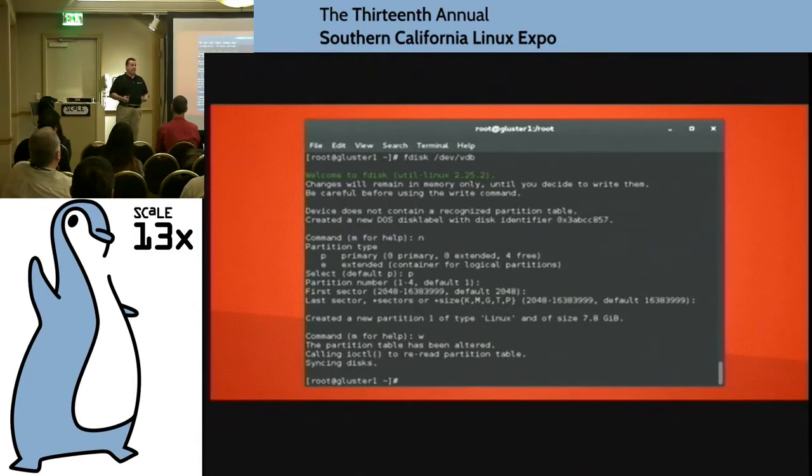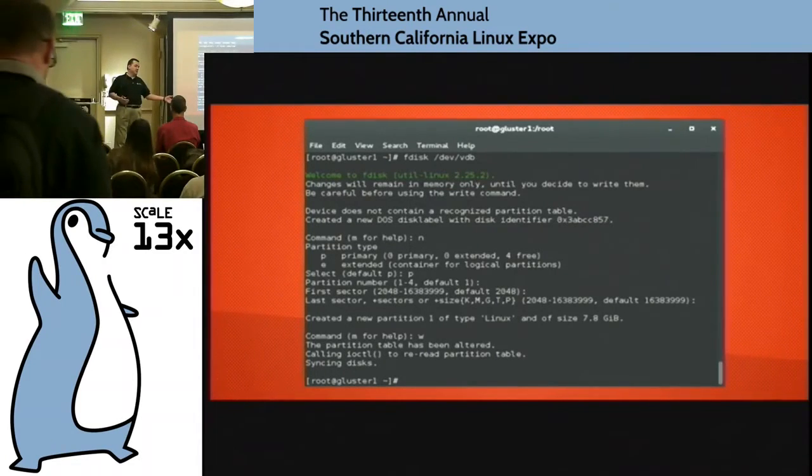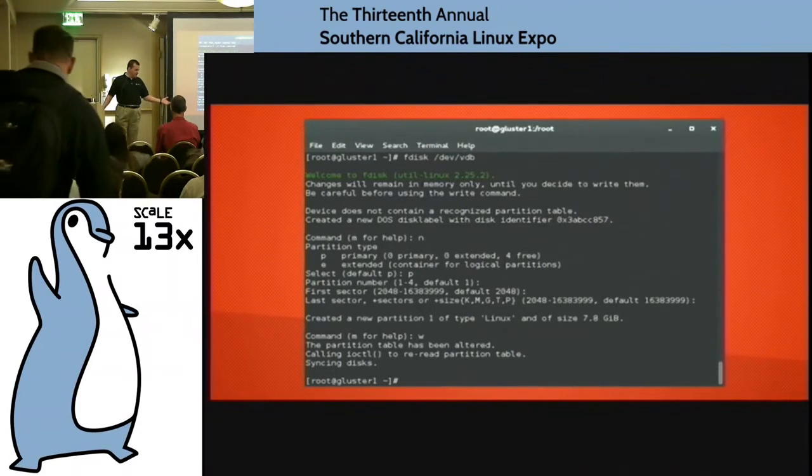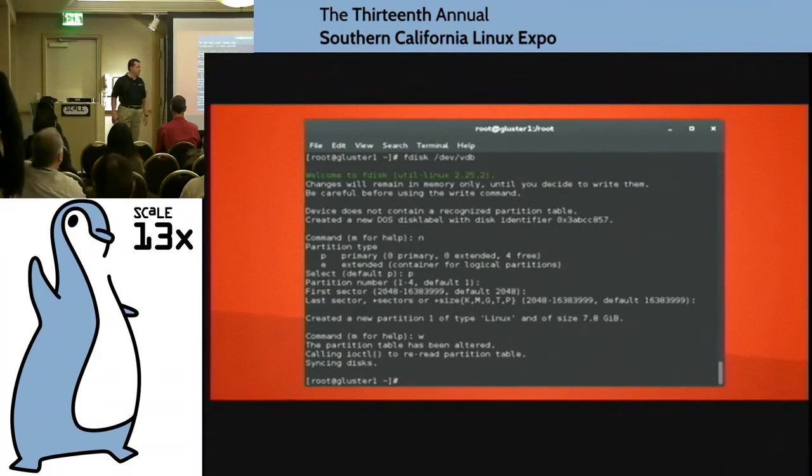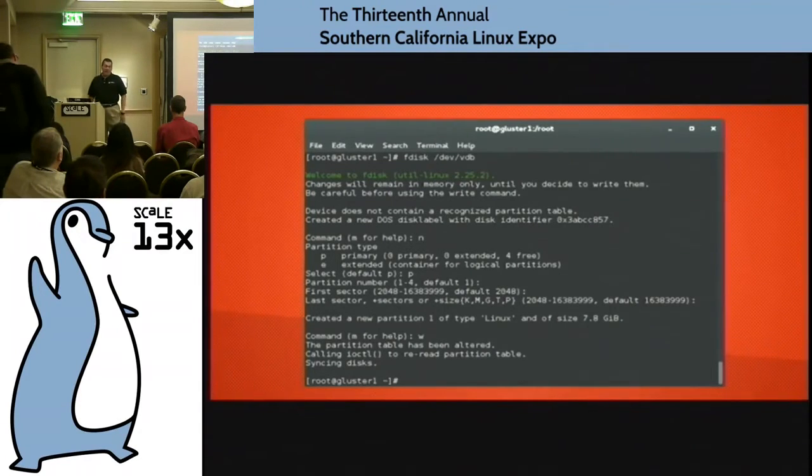If you're going to use JBODs that don't have any logic in them, there are two ways you can do it. You can plug it into a cheap RAID card, and most enterprise-class hardware is going to come with RAID cards. So I would say just attach it to the RAID card if the RAID card accepts it. But if that doesn't work, software RAID works pretty well.